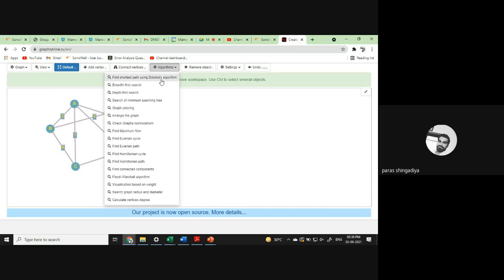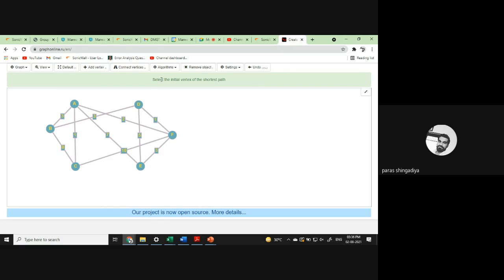So here we'll apply this algorithm, and we'll consider my starting place. Okay, when we click on Dijkstra's algorithm, the next option is that you have to click your starting place. Just choose it. So A is my starting place. वहां से मैं start करूंगा, and I end my journey at vertex E. So we'll process it, and then we'll calculate the answer. Okay, and that will be the shortest one.